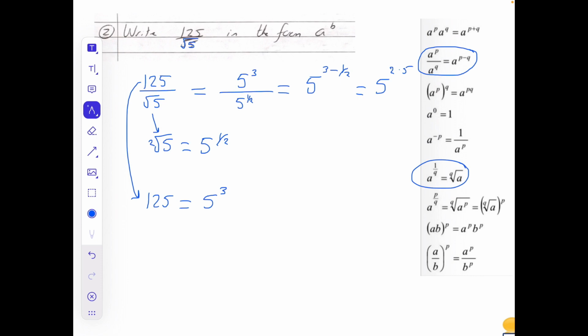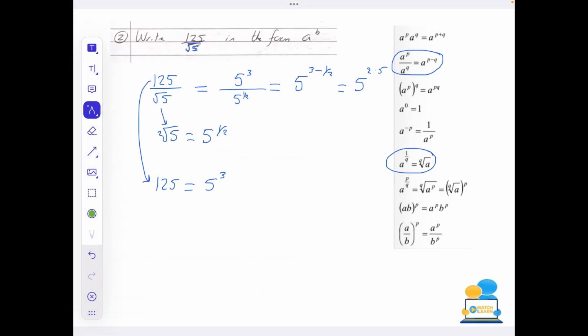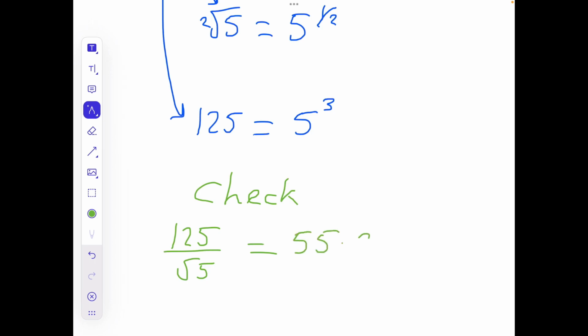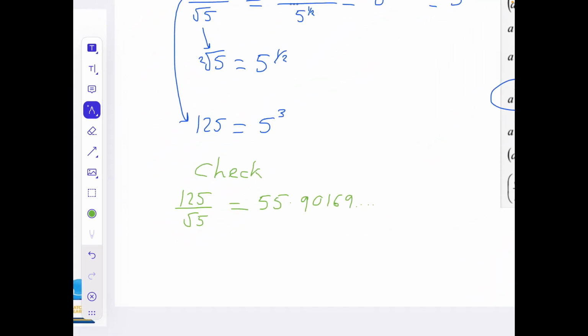Now as a little check, you're not going to get any extra marks for this. Into your calculator, I want you to put 125 all over the square root of 5 and press the equals button. Now press the S-D button and you're going to get a really long decimal. I'm just going to make a quick note of it. 55.90169... Now I'm going to put in 5 to the power of 2.5,